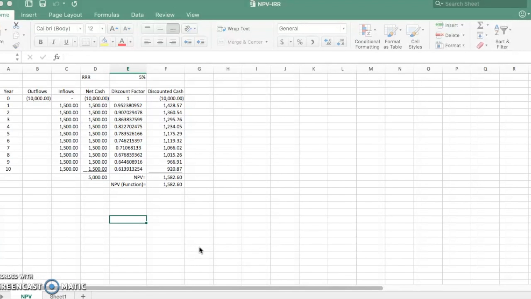Last time we went over NPV, which I believe, and actually all literature indicates, is the best tool to use when determining investments or capital investments. However, you will find in practice a lot of people still like to look at the IRR, that's the internal rate of return. So I thought I'd do a quick how to calculate it in Excel and what it